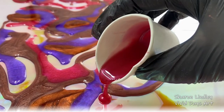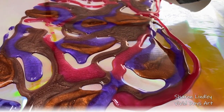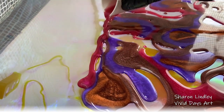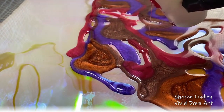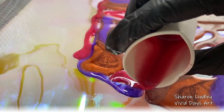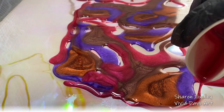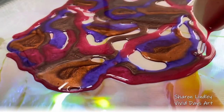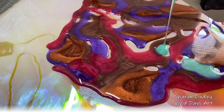Anyway, it just looks lovely, and I hope you enjoy this camera angle. I'm trying to make it look a little bit more eye candy for you and bring you into my creative process. And I've got some different kinds of window film that I'm going to test in different projects to see which ones do adhere and which ones don't. Now I know there are different brands or different types that do react differently, so keep coming back for